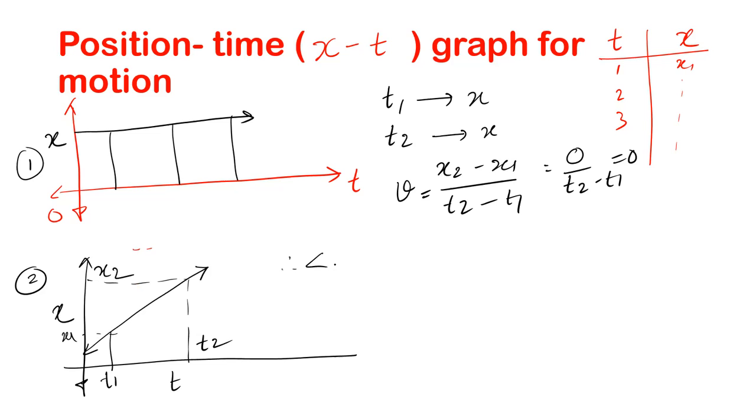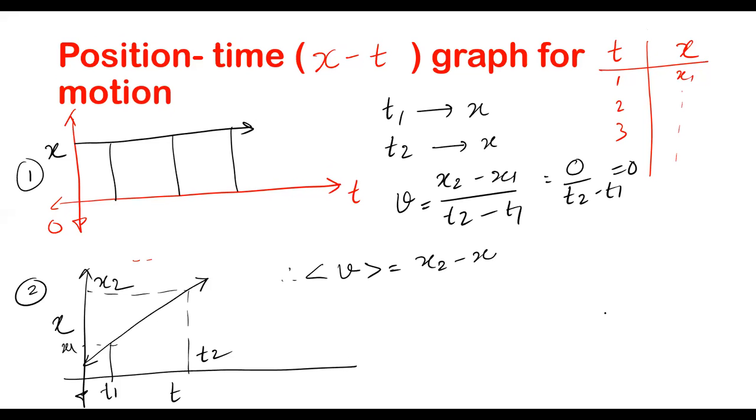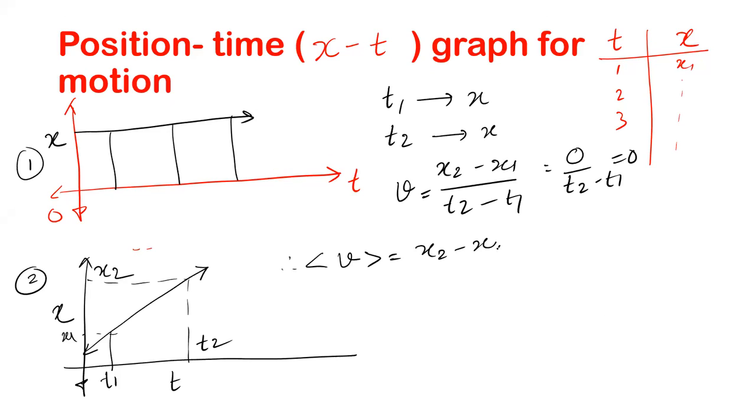So here you can see the average velocity is nothing but x2 minus x1 divided by t2 minus t1. So it is going to be a positive number,